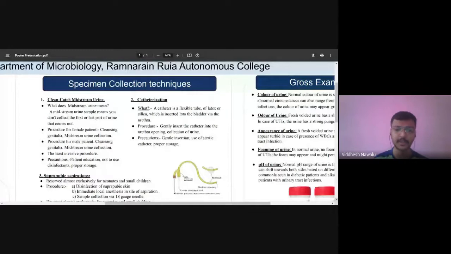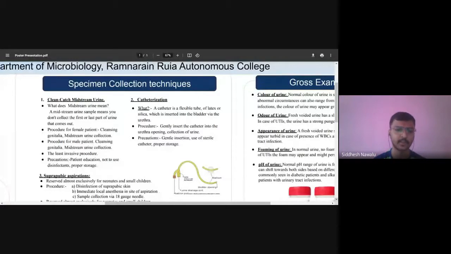Then most of the remaining urine should be collected in a sterile container. As soon as the urine has been collected, it should be closed with a lid as soon as possible. This is how the midstream urine collection takes place. Then the sample that has been collected in the container should be labeled and sent to the laboratory for